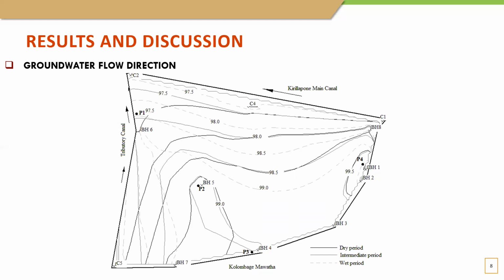The lowest groundwater level and steeper hydraulic gradient are observed in borehole 8, located near the Kirlapana main canal embankment. This may be caused by the partially treated effluent seeping to the main canal. The observation also shows the variation in the groundwater levels